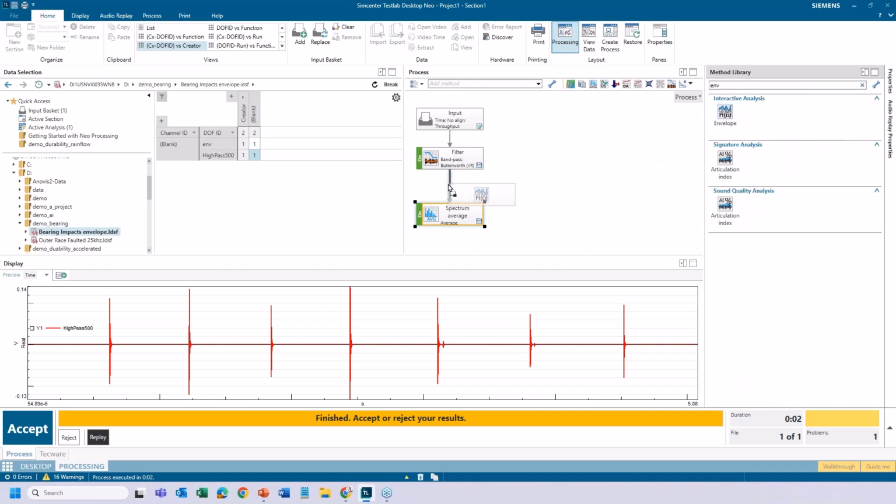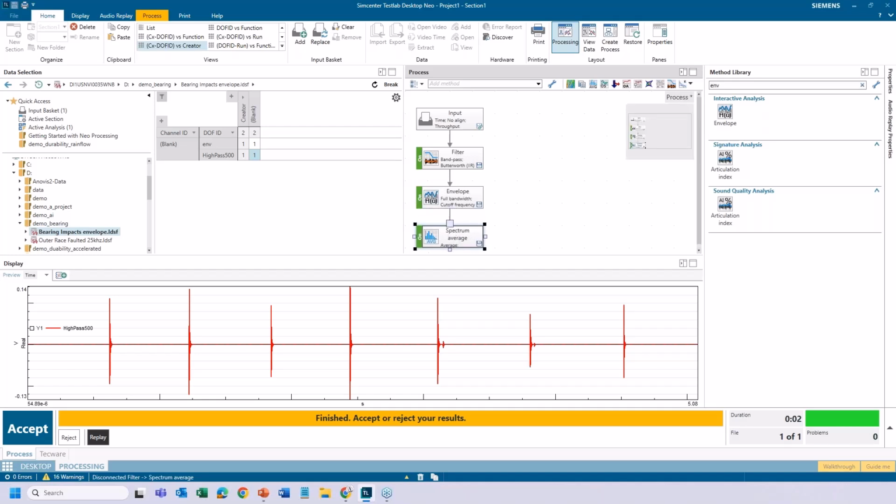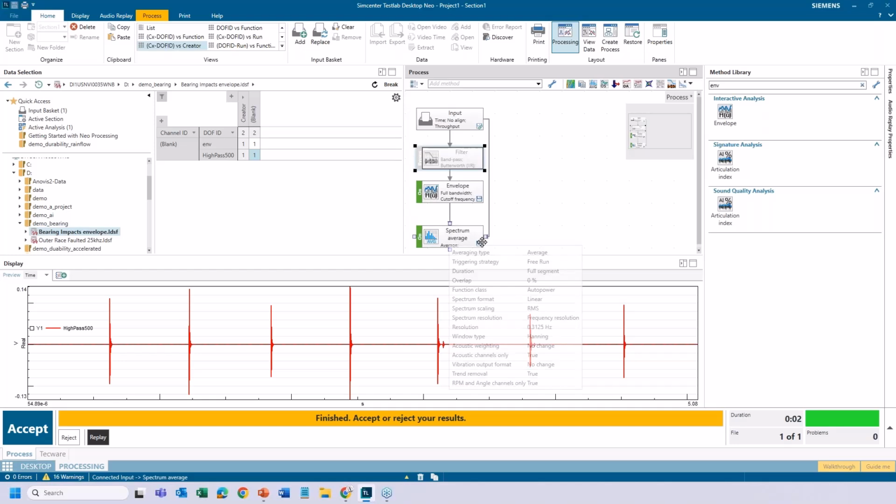I'll drop that in after the filter. Actually, in this case, I won't even use a filter on this data because we can see these impacts quite clearly. But what I'm interested in doing is I'll grab the original time history, do a spectrum of it, and then I'll do a spectrum of the envelope. You follow that logic there, Steph? Yep.